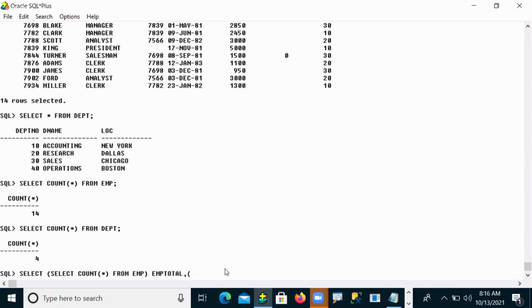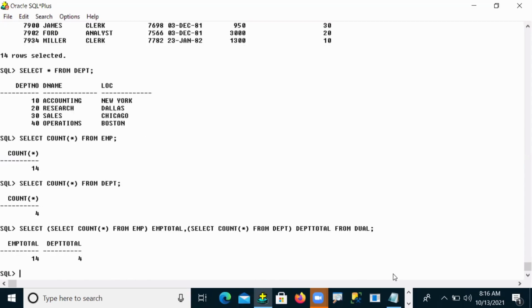The next one is one more select count of star from DEPT, which I will call DEPT total. And from which table? Not EMP, but the dual table, because we are already calculating the count of rows from those tables. The dual table is the dummy table, as you already know.